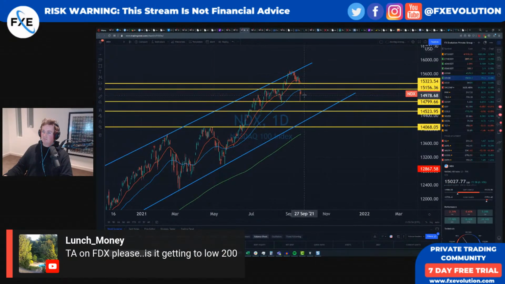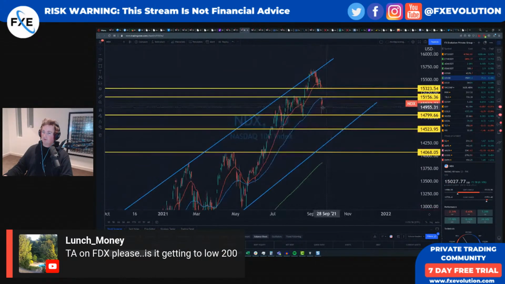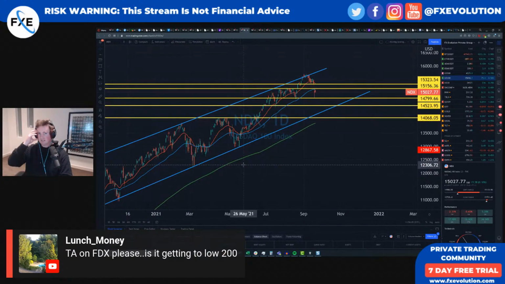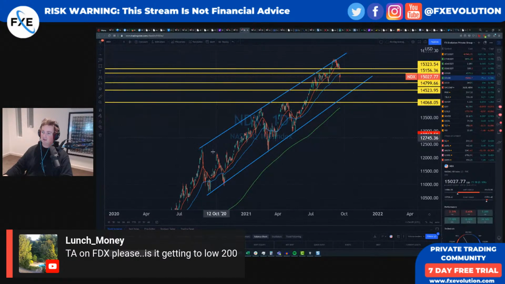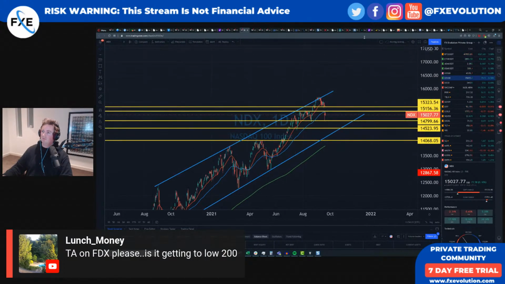And if it does get below the last lows after the FOMC press conference, expect it to go back to 14.8. So 14.8, 14.5, 14,050. If it gets to 14,050, imprint it in your minds, because that's the bottom of our glorious trend line here. I love this trend line and I would love it to pull back to that area. It would make me so much happier with the market. I'd be really confident that everything is looking great and I'd expect new all-time highs moving forward into the new year. That would be fantastic.